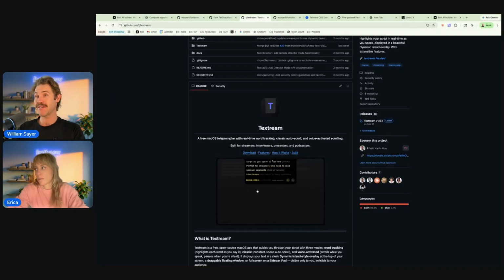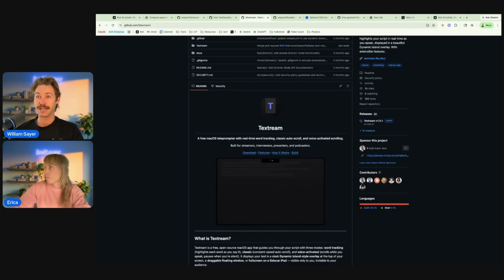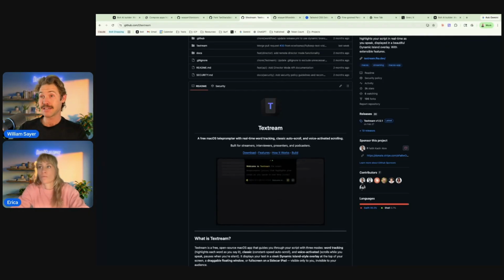Now, there's a bit of a caveat here. Have a look at the languages. We can see it's 99% written in Swift. For those of you who are familiar with Swift, it's the language that we write native iOS apps in. So when you open a desktop app on your Mac computer, that's written in Swift. When you open a native app from the App Store on your iPhone, that's written most of the time in Swift. So this has been written as a native app for a desktop computer,